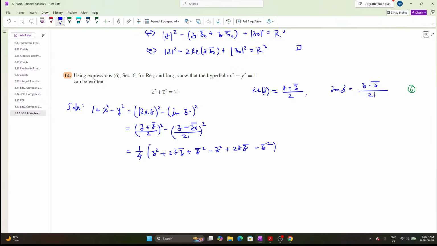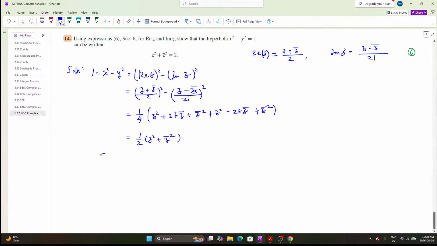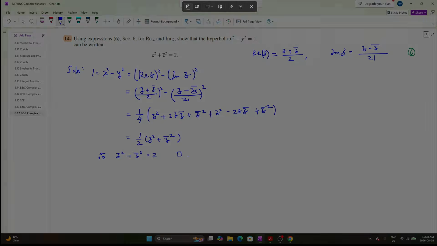Oops, I forgot. This should be plus, because of the 2i. 2i at the bottom is squared to minus, which cancels out the minus sign. That's basically what happened, and it should be a minus sign here. So the cross term cancels. So this is half of z squared plus z bar squared, and this is exactly what we needed. Therefore, we're done. z squared plus z bar squared equals 2. That's 14. Okay. Next up,